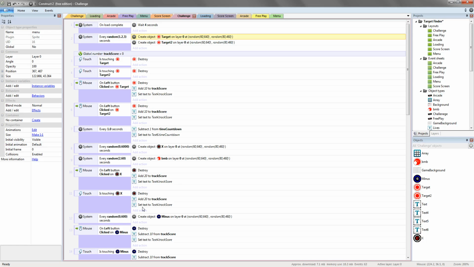Next is how the target measures if it's being clicked or not. It uses the mouse system or the touch system. If the target senses that it's being clicked or touched, it will destroy the target, so it will disappear. Then it will add 10 to the track score variable. This variable tracks the score of how many targets are hit throughout the game. Once it's added 10 to the track score, it will set the text